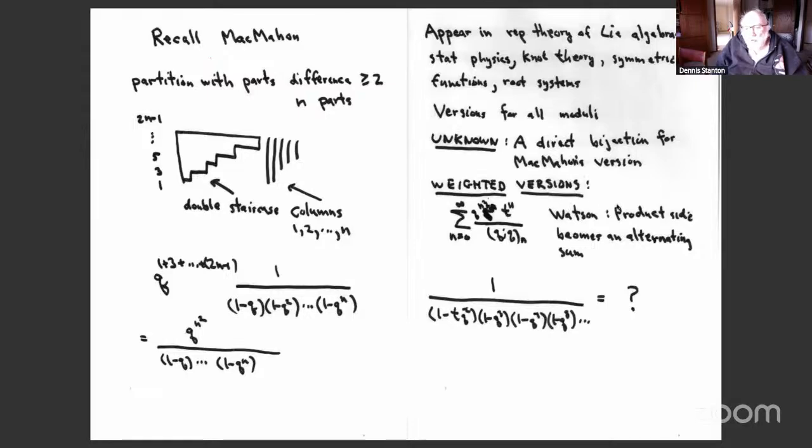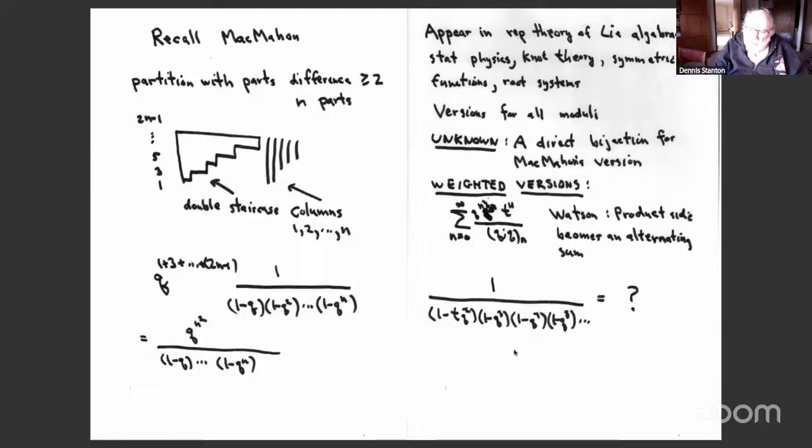But you don't get an infinite product, you get an infinite sum. The first problem today is based on this problem. Suppose I put a little t in the product side, say on just one single term. This means any part of size 2 would be weighted with the t. So if you had 12 2s, it would be t to the 12th. What happens to the sum side when I do that? Does everyone understand what the problem is?